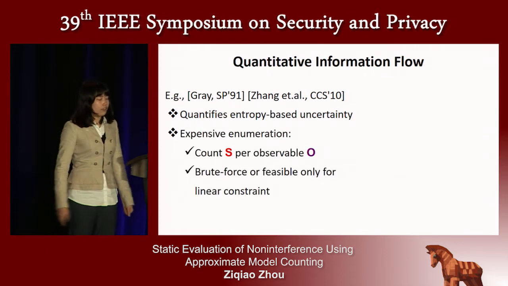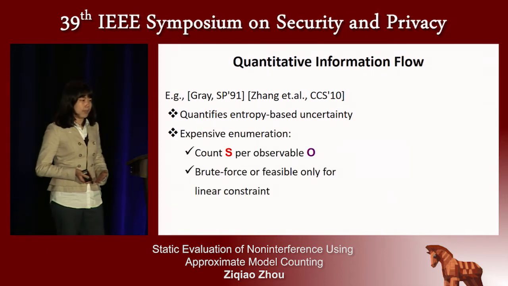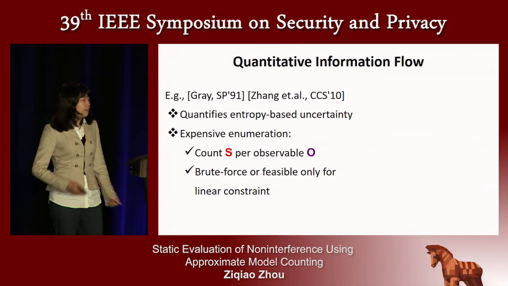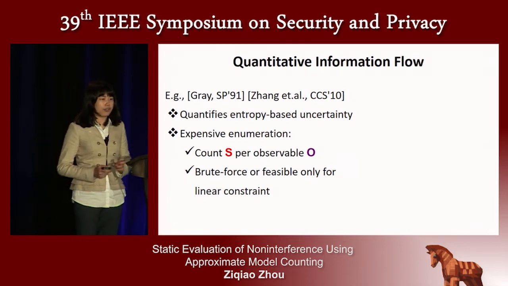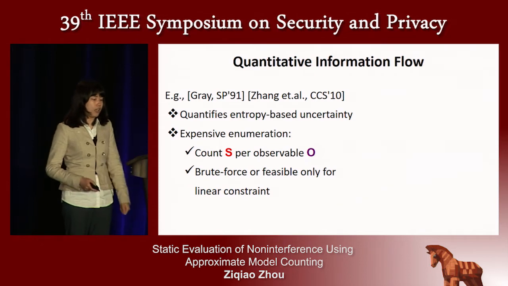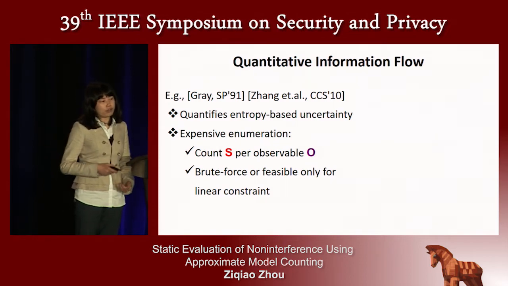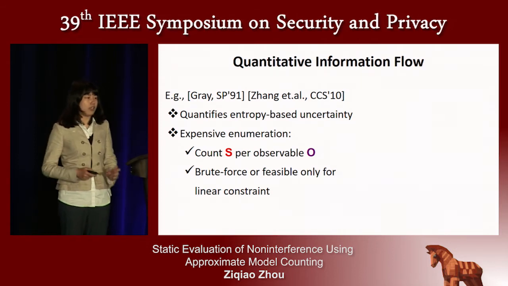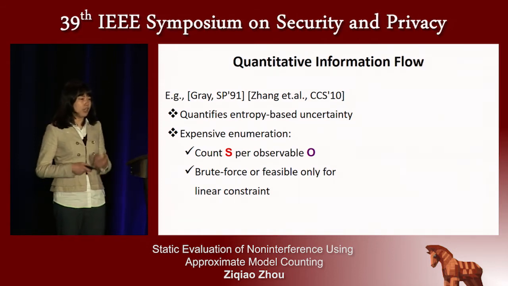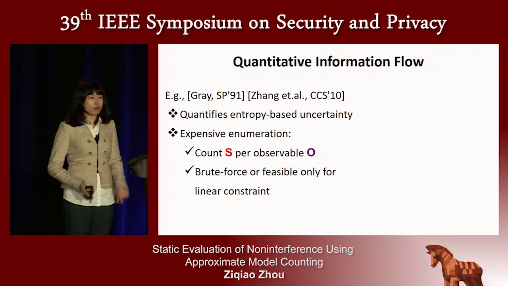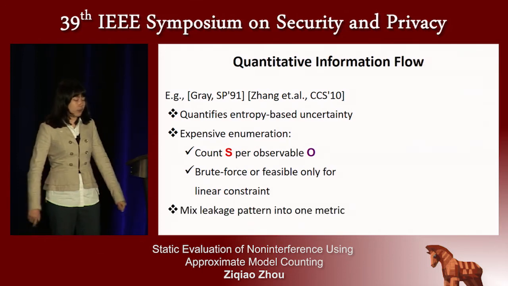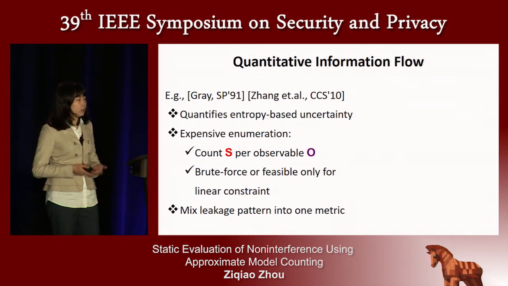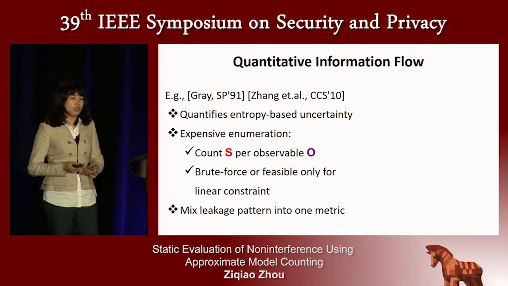However, there are several limitations to this technique. First, it usually suffers from expensive computation when calculating the entropy, especially the conditional probabilities per observable variable. Typically, they use either brute-force enumeration to calculate this probability, or model counting that is only feasible for linear constraints. The second limitation is that they typically use entropy-based measures to depict the